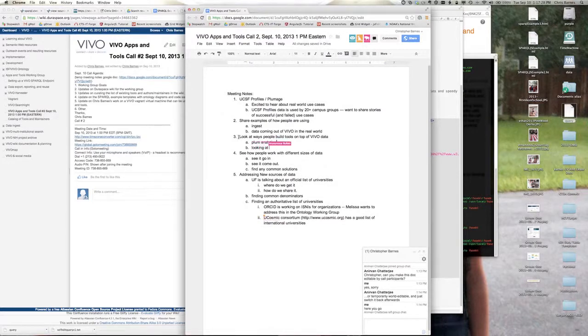And then just in general, best practices as you're starting to look at VIVO data.